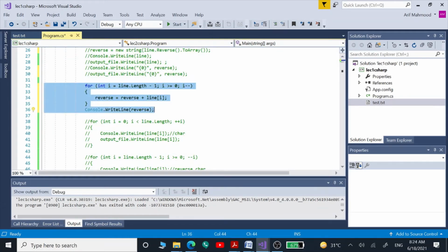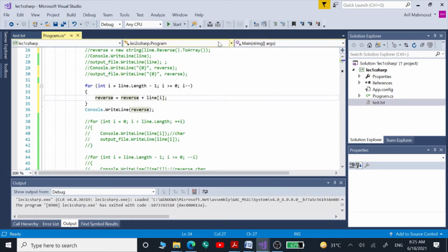So this is actually a for loop which we are running in the reverse direction on our characters, and we are going to put those characters which we are reading one by one in the reverse direction inside our string variable like this. So we are starting from the last character, length -1, and we are coming back to 0, reading those one by one in the reverse direction. And this is the way we can put our characters inside our string in C#.